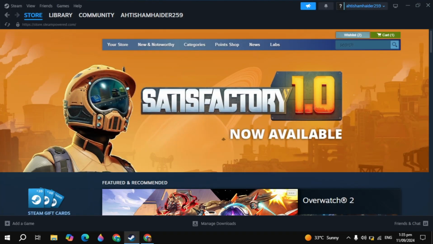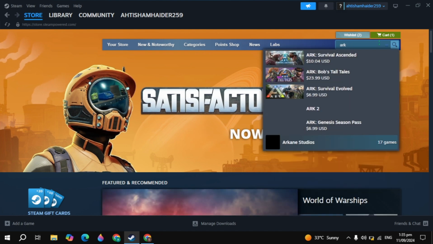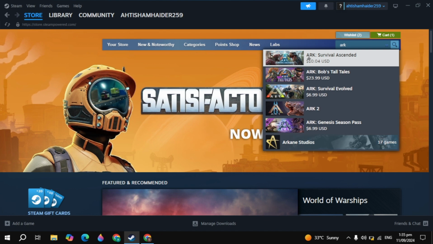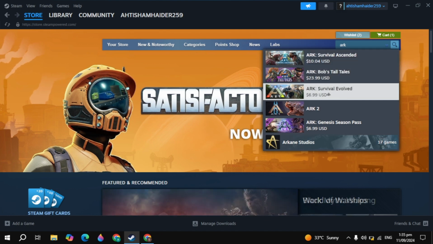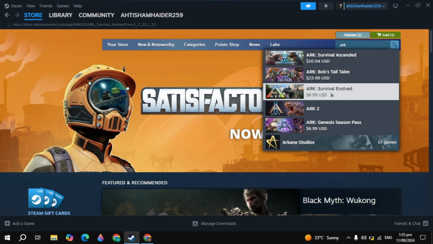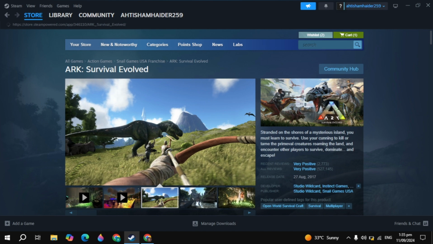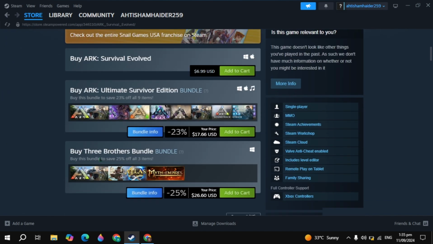And after that, just open up Steam, log into your account, then click on the top search box and just type here ARK Survival Evolved. And this game will appear on the top, so you just need to click on that game. And once you click on that, now here in this page, just scroll down, you will see the option of